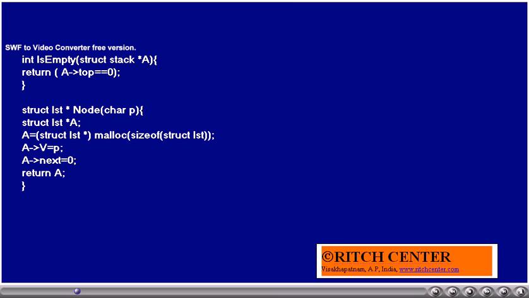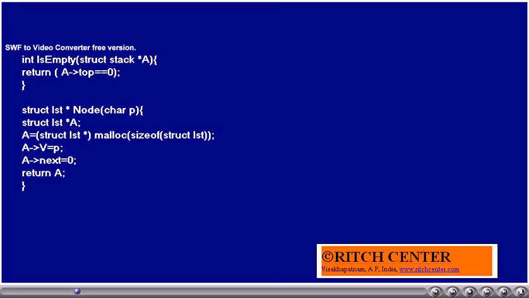The function isEmpty takes the address of a stack type of variable and returns true if it is empty, otherwise returns false. That is, we are checking the top value. If it is 0, it returns 1, otherwise it returns 0.